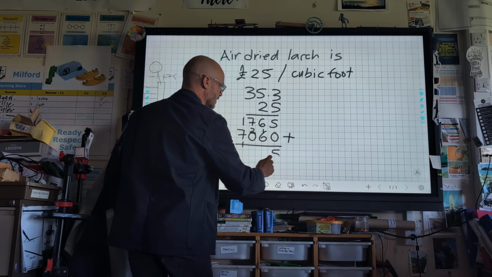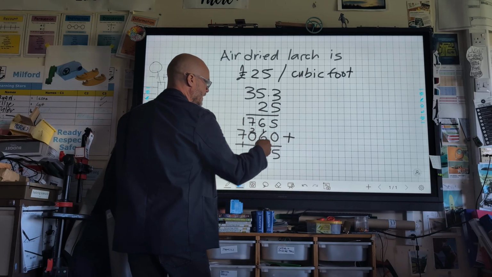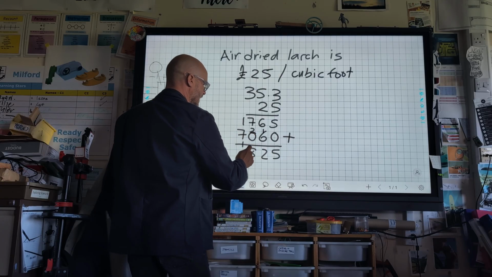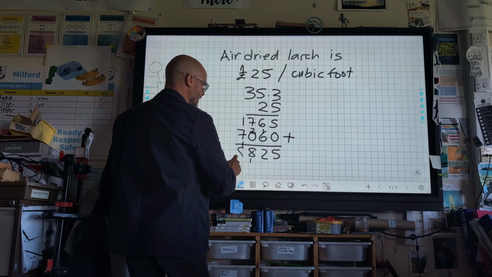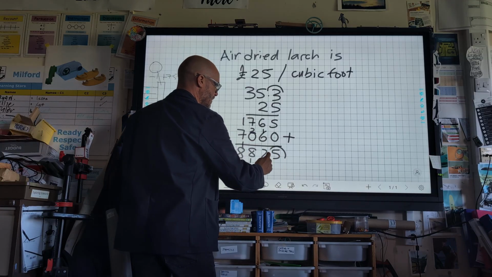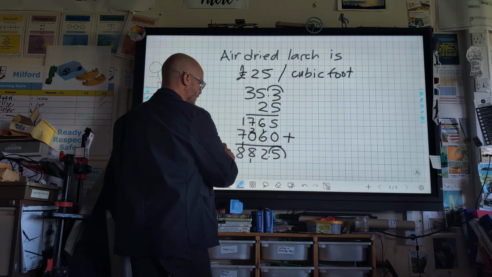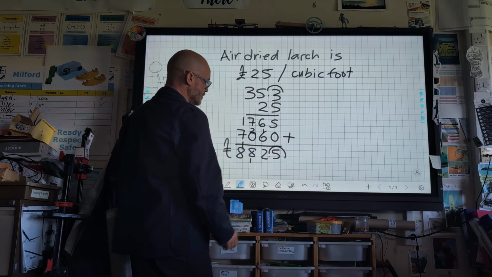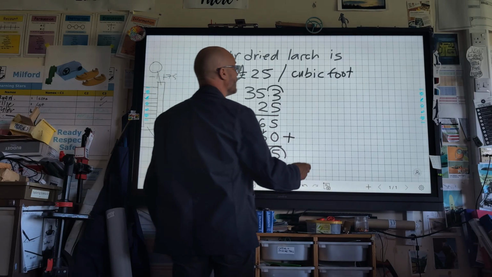I could just add those that are going across, right to left. 5, 6 and 6 is 12, put the 1 down. 8, and I've got 8 there. So I've got one decimal point to put back in, so I pop that back in like that. And my price per cubic meter for air dried larch is going to be £882 per